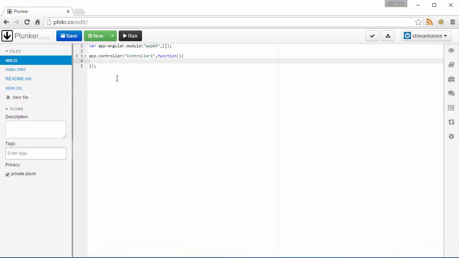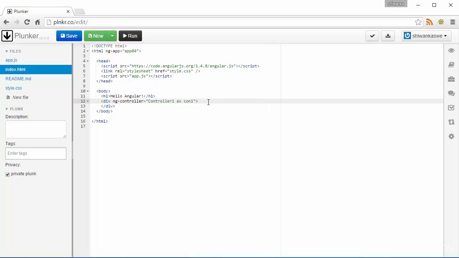I'm going to the controller again and assign a variable. this.name equals ABCDEFGH. I have assigned a variable and it has the characters A to H, and I am going to repeat this name characters. For that I'll use H3 tag, and for the repeating task I'm going to use Angular directive called ngRepeat,